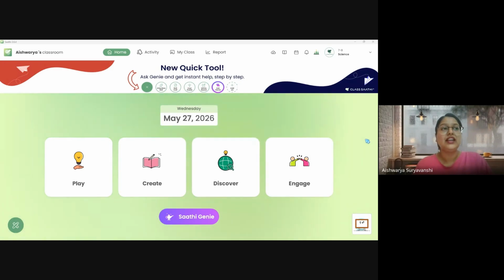So for example, if I am a Hindi teacher, Marathi teacher, Kannada teacher, or Telugu teacher, what features will help me in teaching the concept to the students? What if I am a maths teacher? What are the different features that will support me in teaching maths? Same with science teachers and social studies teachers, for all the teachers. So I'll take you through each and every feature subject wise. I'll open one feature and show you how you can use it in different subjects.